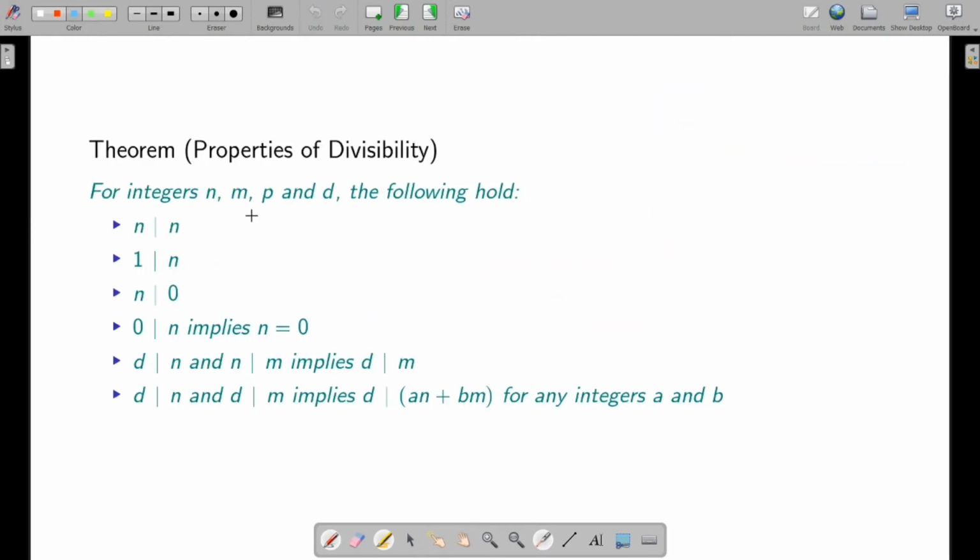Okay, so these are the properties of divisibility. I think all of you can prove all of them. Let me just go over it. One, a number always divides itself. I think everyone can see this. The c in this case will be 1 itself. So 1 always divides n. That is because we can write n as, again, the same expression, so the c in this case is n, and here your c is 1.